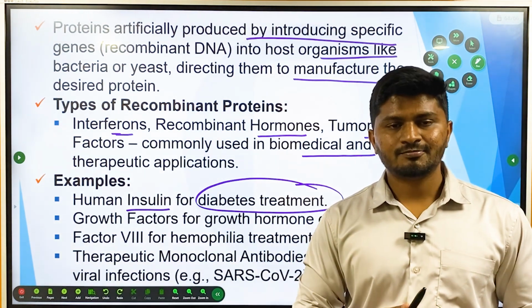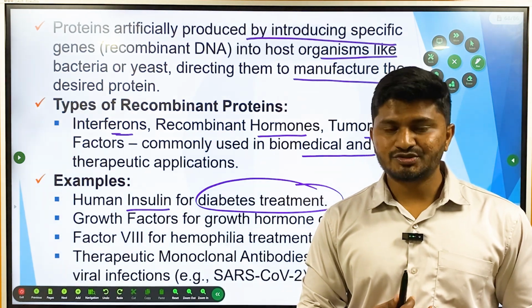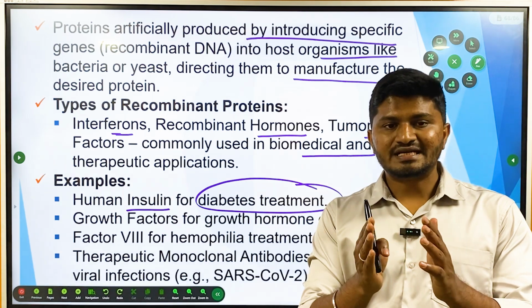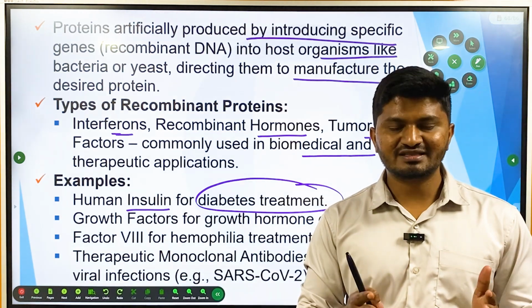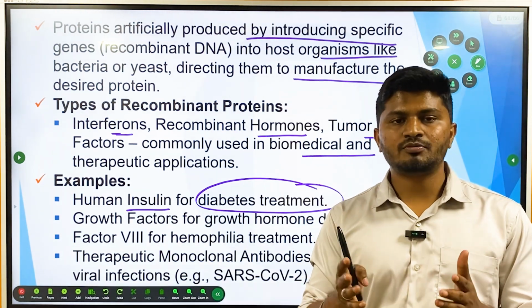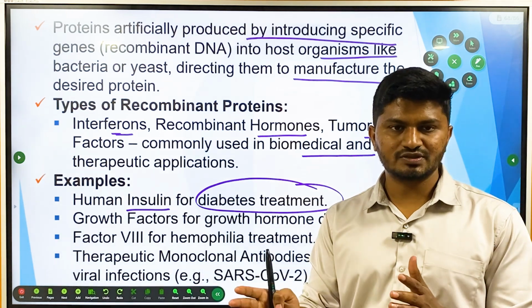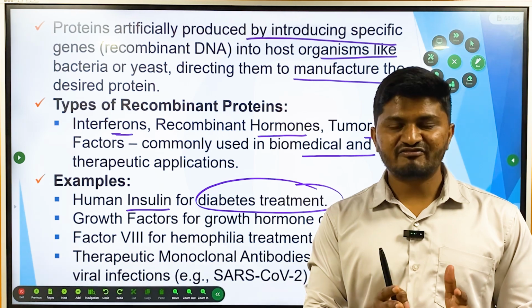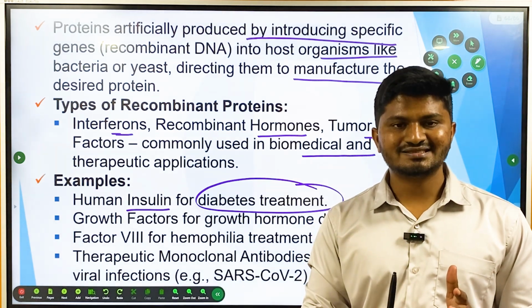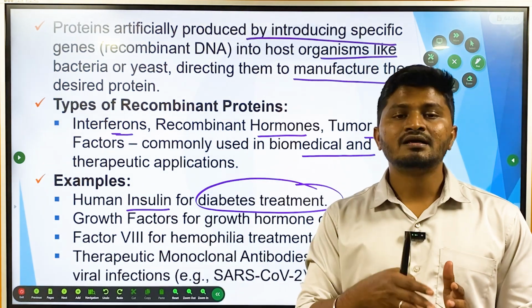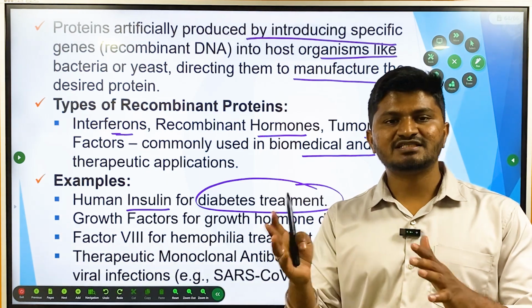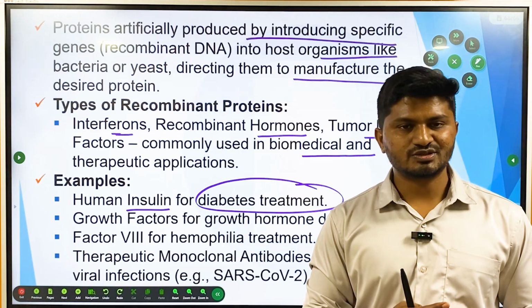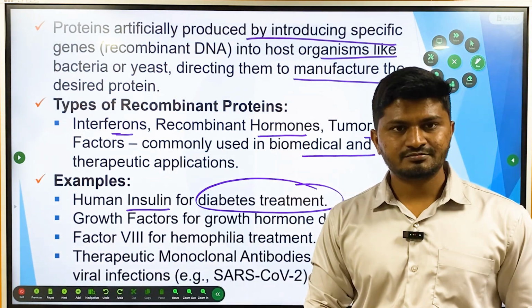There is another method where CRISPR-Cas9 technology is used. What they will do is the defunct gene in the human body, defunct in the sense the gene which has stopped working. The gene is supposed to produce the insulin, now it has stopped working, so that is called a defunct gene. That defunct gene will be removed using the molecular scissors, and the functional gene will be replaced in the DNA, and then the body itself starts producing the insulin. That is the advanced step which comes under CRISPR-Cas9. That is different.